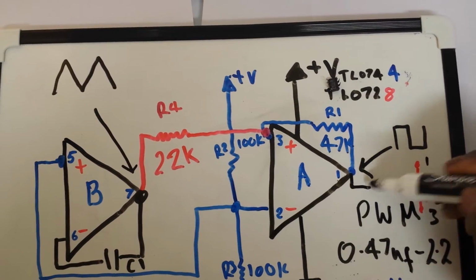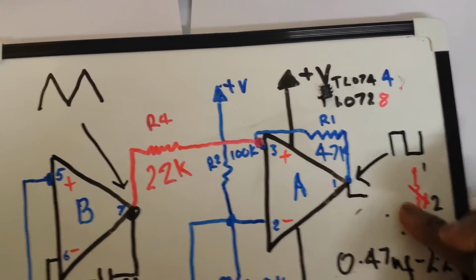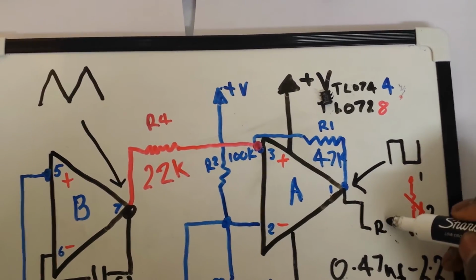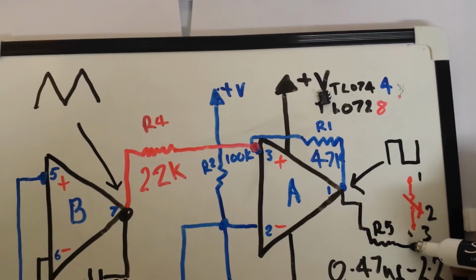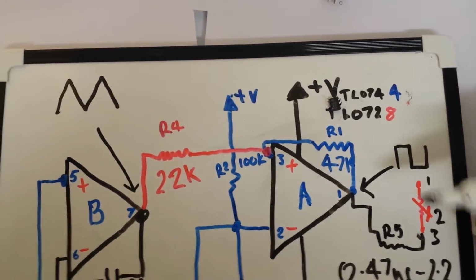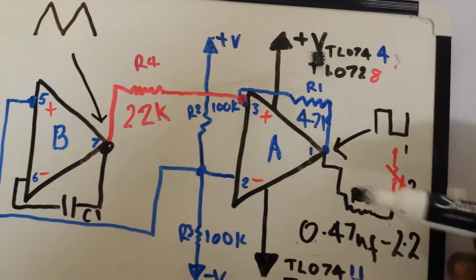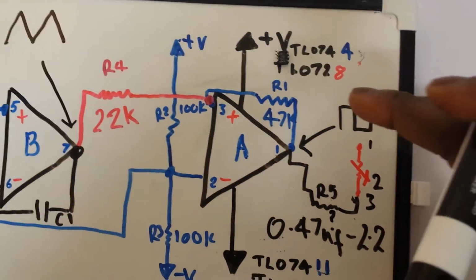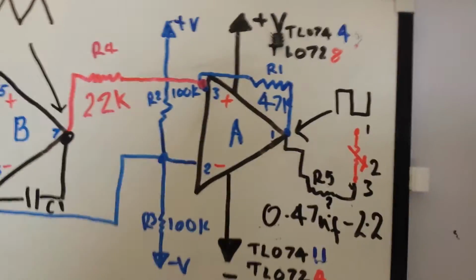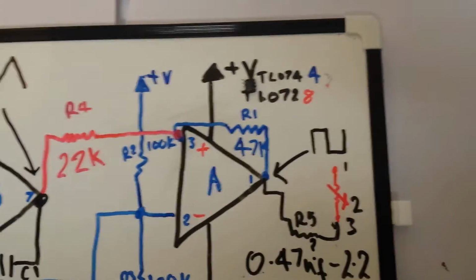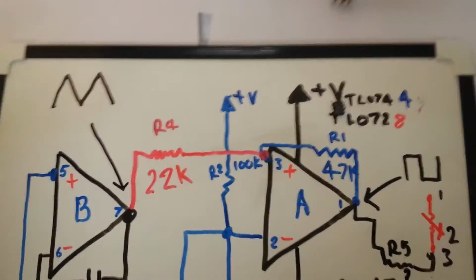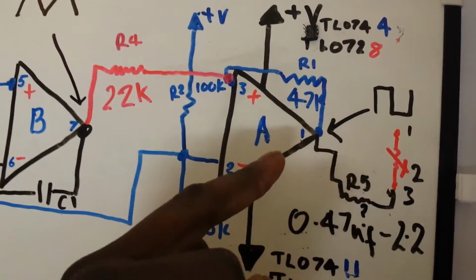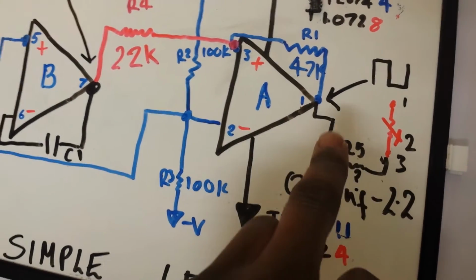What we will need to do is have another resistor, and I'm just going to call this R5. We're going to take that to pin 3. The reason I've taken a resistor out, and this is one you have to adjust to taste, is because I found that for some reason this was affecting a lot of the other circuits. I think it's something to do with the current or power draw. I'm not the most technically savvy person, so I couldn't tell you exactly what it is, but I worked out that if we put this R5 resistor between here and this pin here,